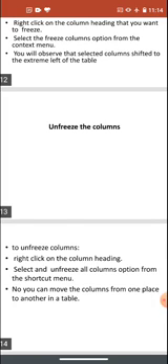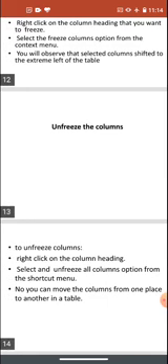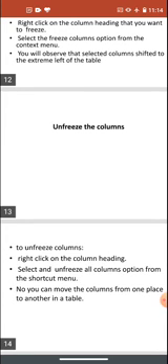If you want to see these things, you have to right click on a field, or you can say on a column. When you right click on a column, you will see in a context menu different options, sorting and various others. One of them is hide column. To hide a column, you have to click on hide. That particular column will be hidden, and then to unhide that column, you have to right click, and the unhide dialog box will appear, and you have to select the columns on it.